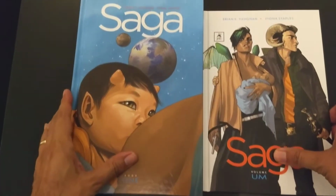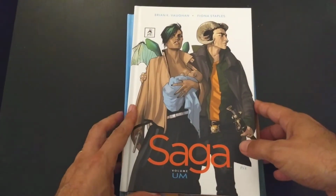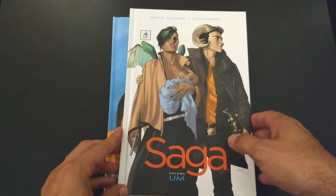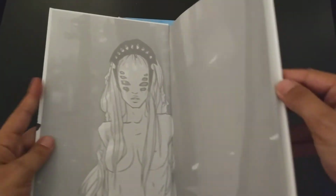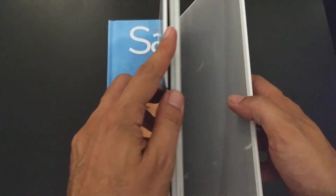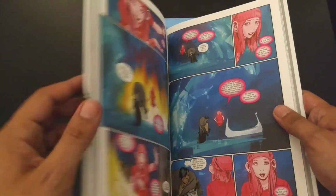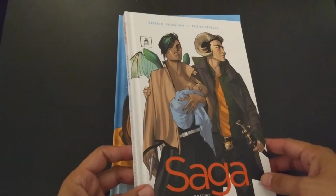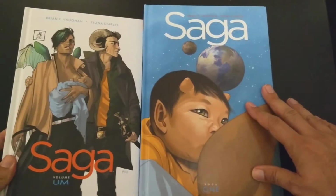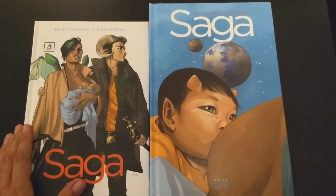Then for the Portuguese guys, we've got a hardcover edition, way better than those TPBs I just showed you. And these are volumes also. They collect the same thing, but in a very decent hardcover, and very decent paper, so good quality all over, with the subtitles and everything. So it's what you'd expect from a very fine volume edition. This is quality work, but when you put it sideways to the book editions, well, the Fiona Staples